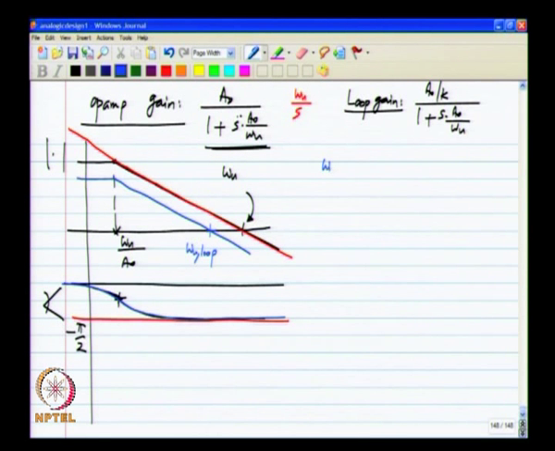So, omega u loop is where the magnitude of A naught by k divided by 1 plus s A naught by omega u becomes 1. Now, the reason I am worried about it, as I said, is we did a lot of hard work, a lot of analysis, and we do not want to have to redo everything if we can help it. So, we have to see what happens to all our conditions, etc., because of the DC gain.